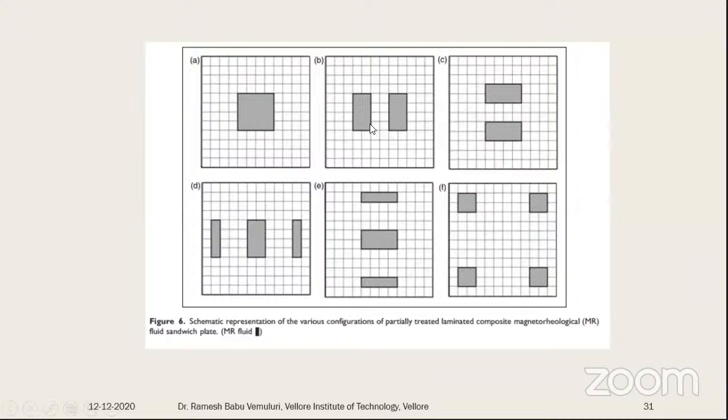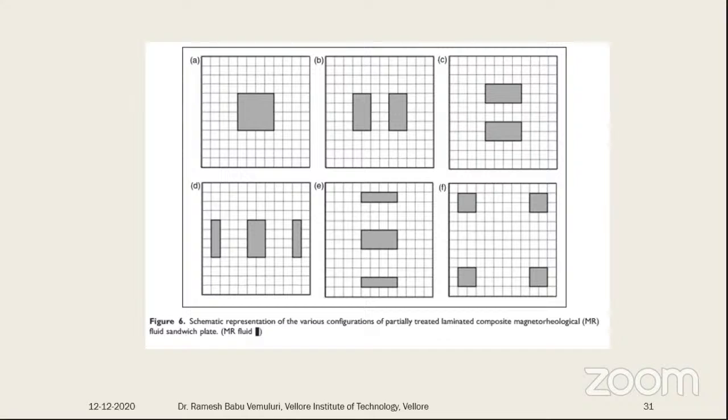That we have divided, 100 by 100. Then we have divided these into 50 and 100, 50 and 100. Same thing we kept in the horizontal direction and vertical direction. Then split up again into 25, 100, 50, 100, 25, 100. Then it is like 25, 25, 25, 25, four different patches used like A, B, C, D, E, F. So these are the partially treated laminated composite.